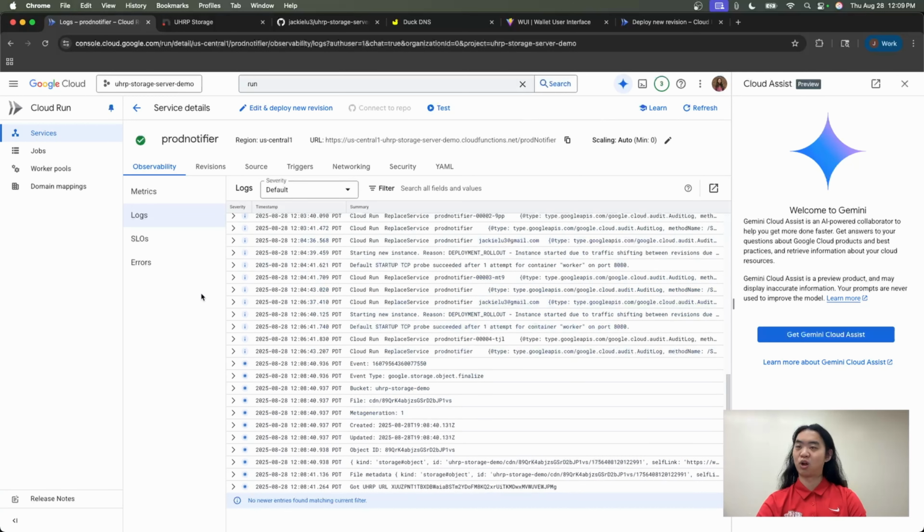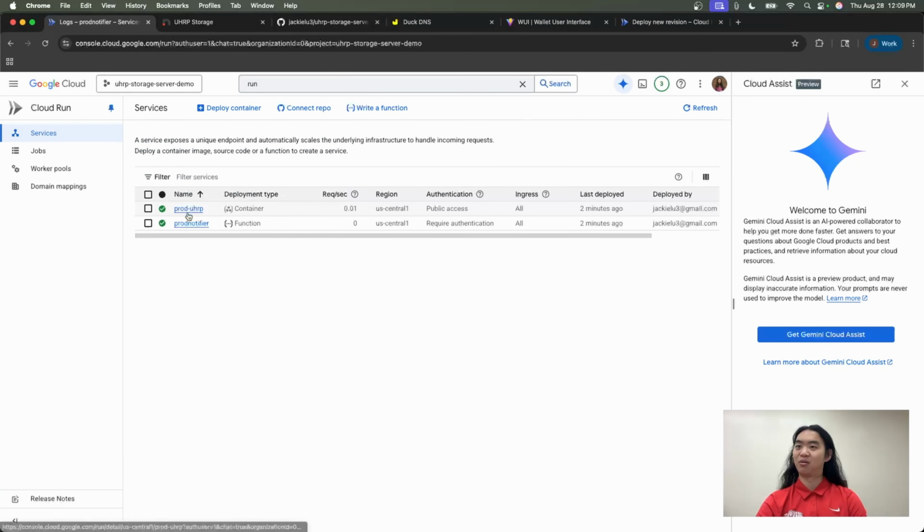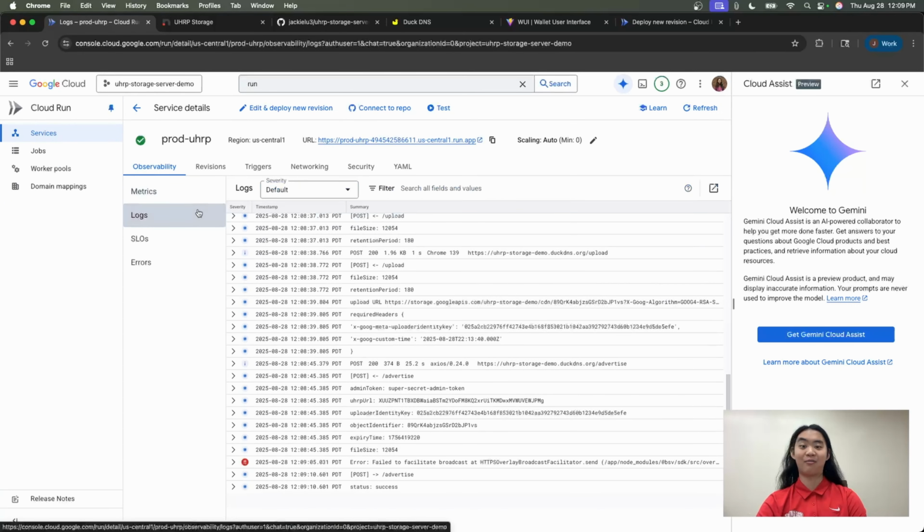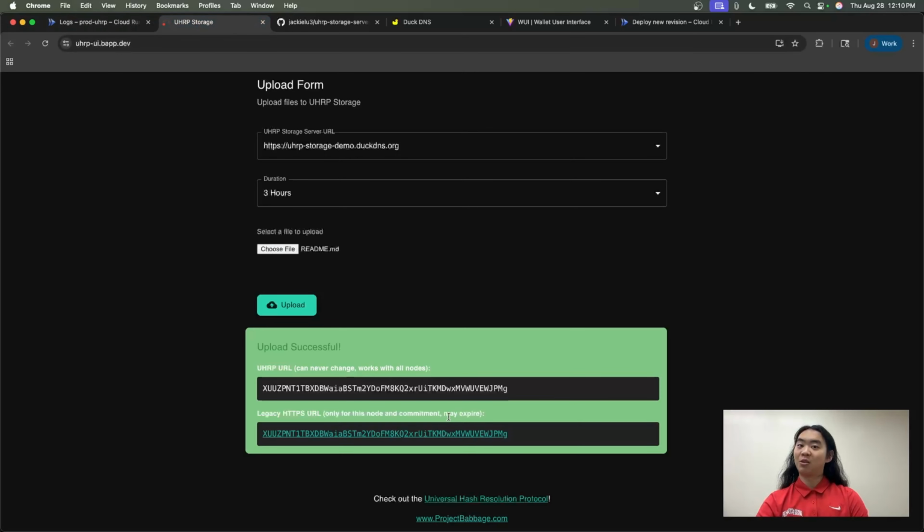And what the prod notifier does after it generates a UHRP URL is it then calls the prod UHRP advertise route. And this error is a non-error. It just means that it failed to broadcast to a certain overlay service. But the fact that the advertise route is hit means that you should now be able to download this file